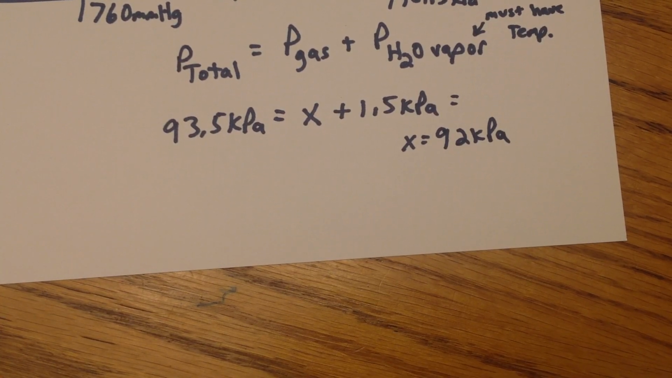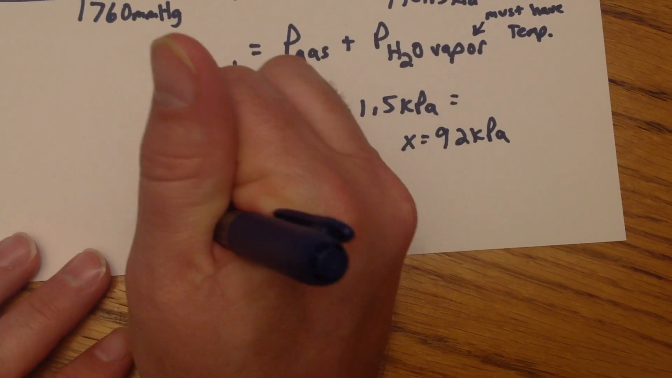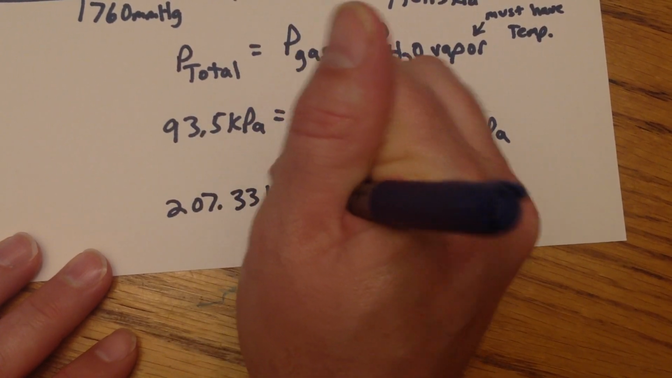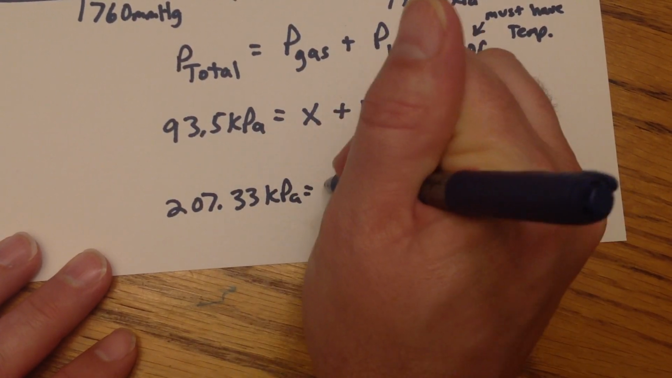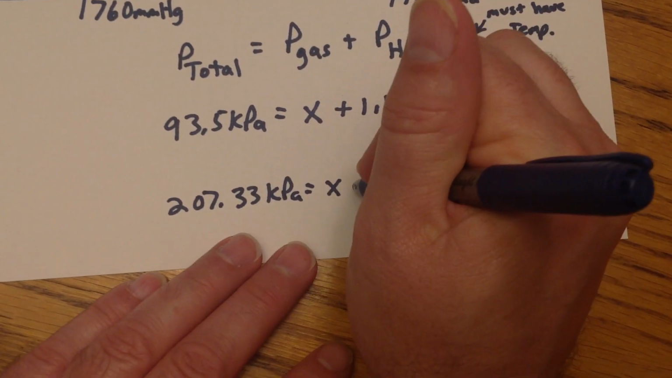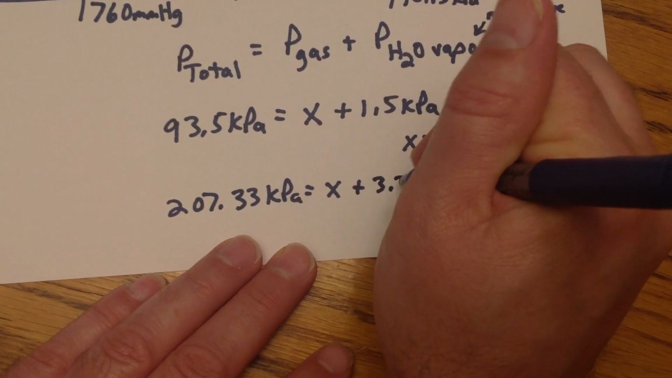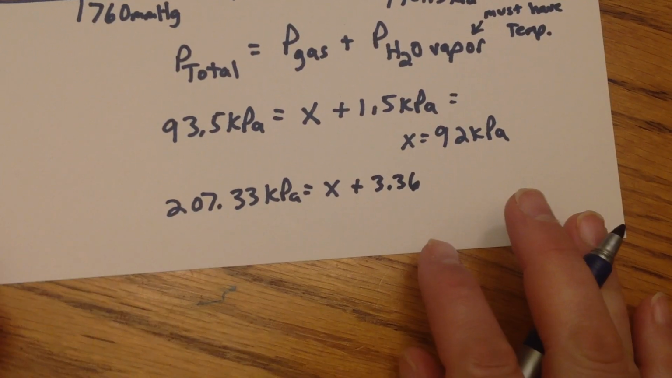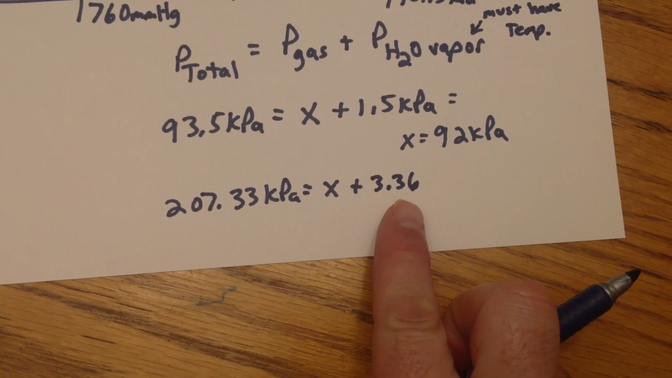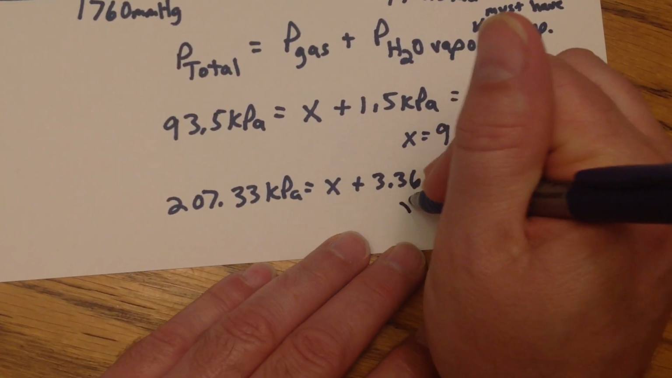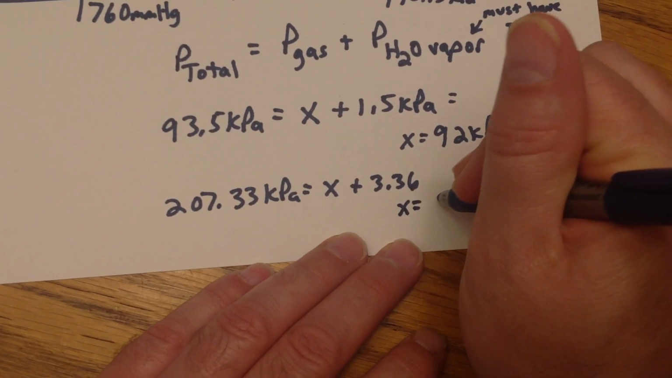The second example we had a total pressure of 207.33 kilopascals. You're trying to find that gas, and you look up the temperature this time, and it's going to be 3.36. A lot of kids just memorize it. When you see water vapor, you just subtract it from your total. And that's a simple way to remember it. So your final answer here is